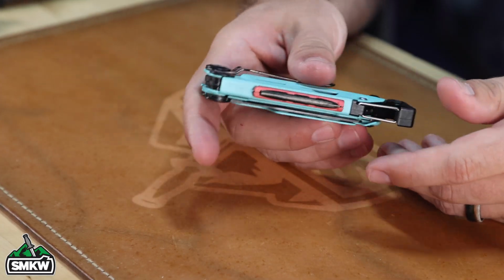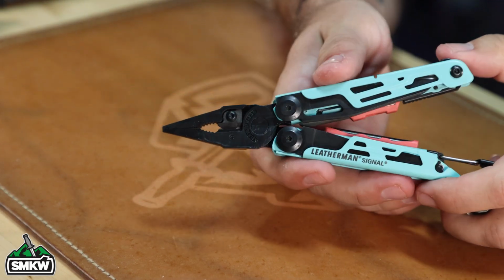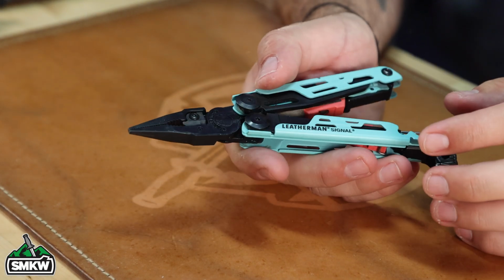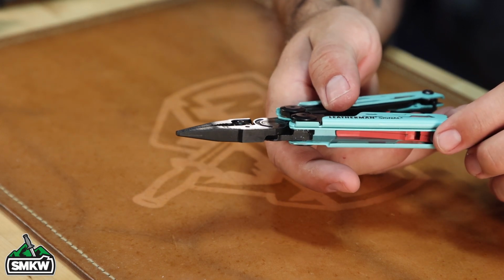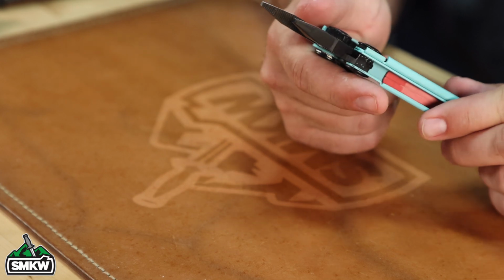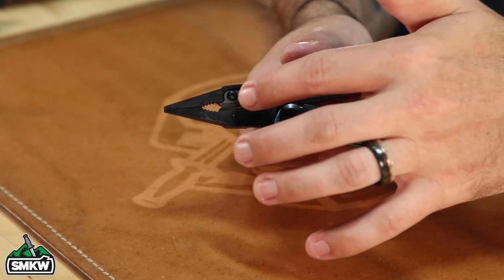This one actually comes closer to fitting my EDC right out of the box, and that's why I wanted to feature it. So let's dive in and take a look at this Leatherman Signal right here. I dig the color. I think it's really cool. This one's got the turquoise right there with the pink accents. So one thing that I think is really cool about this, you're going to have the wire cutters,